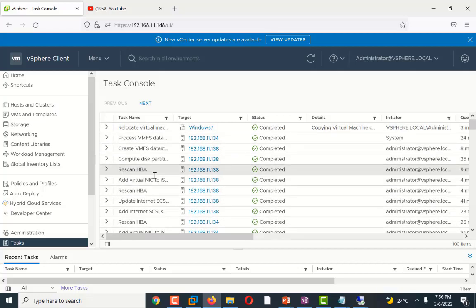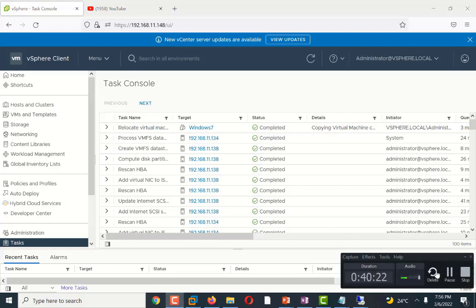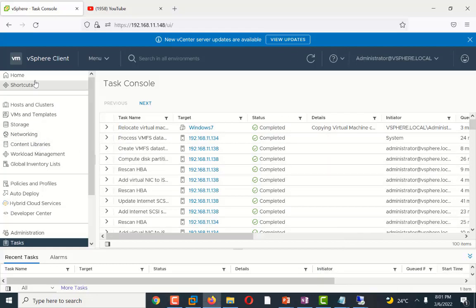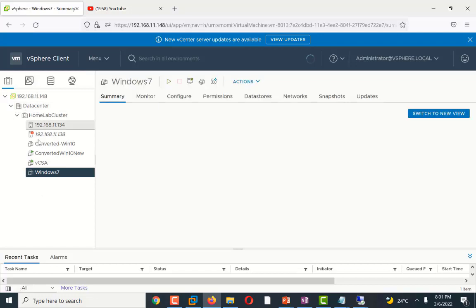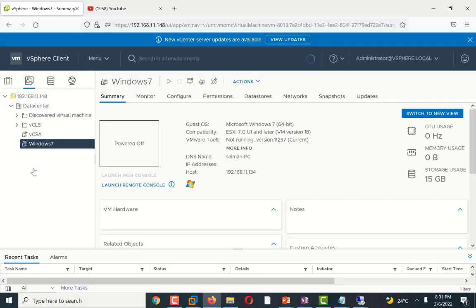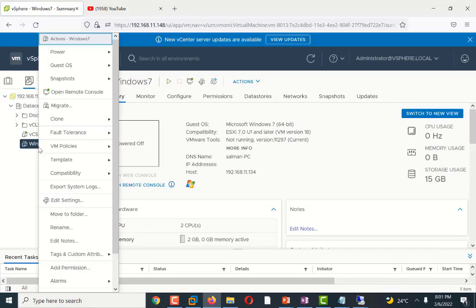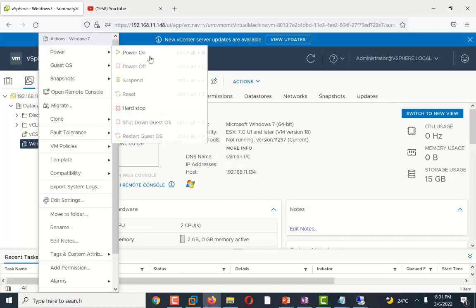Now if I move to the host, on Windows 7, I will check the properties of Windows 7. I will power on. Now this virtual machine will run from my iSCSI data store, because as you know, I have moved this machine from local storage to the shared storage.